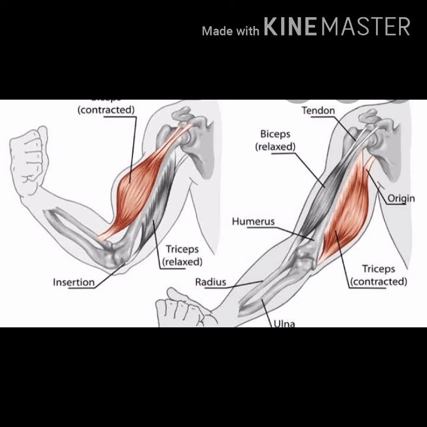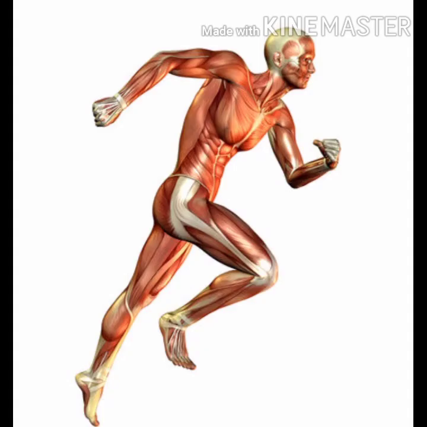When a muscle contracts, it becomes shorter, stiffer and thicker. It becomes thick and hard, and it pulls the bone in that direction. When one of the pair of muscles contracts, the bone is pulled in that direction, and at that time the other muscle is relaxing to allow this movement. To move the bone in the opposite direction, the relaxed muscle contracts and the contracted muscle relaxes. In this way, the muscles always work in pairs by contracting and relaxing. This contraction and relaxation helps in movement.